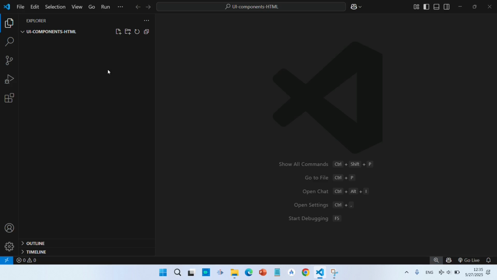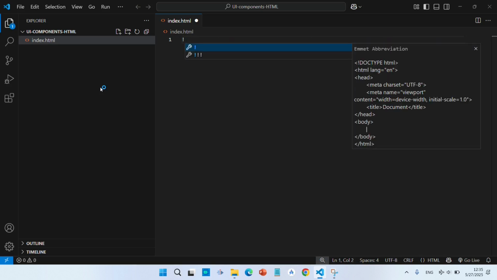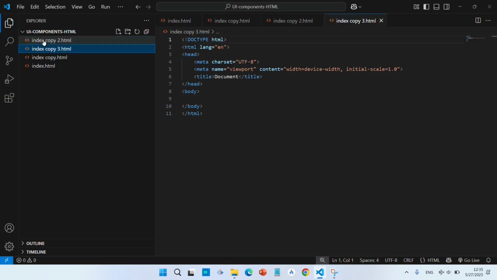Imagine we are going to create a 4-page website. For that, we need to create a few HTML files. For example, index for the home page, index.html. Use exclamation mark to generate some basic stuff. Save it. Click on the file name, Ctrl+C, Ctrl+V. Rename it to About. For example, for the About page,